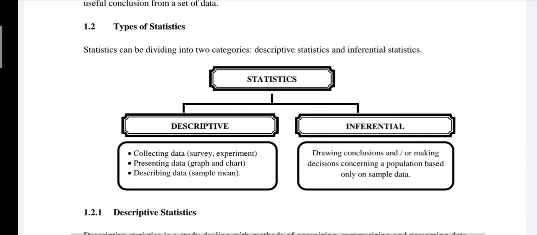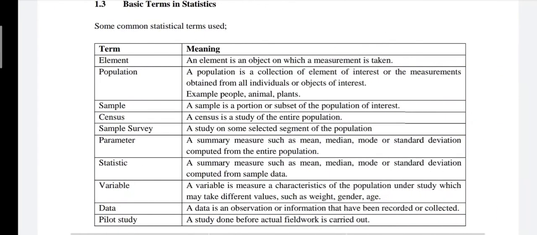Descriptive sehingga presenting the data using graph and chart ataupun calculate sehingga sample mean, median, mode dan juga variance. Tapi inferential, we can draw the conclusion. Contohnya, the other stage adalah we can find the correlation, or we can find the relationship, we can find the regression, or we can forecast the data. Itu adalah inferential statistic. Okay, that is the two types of the statistics.